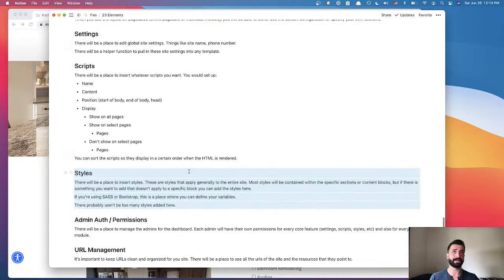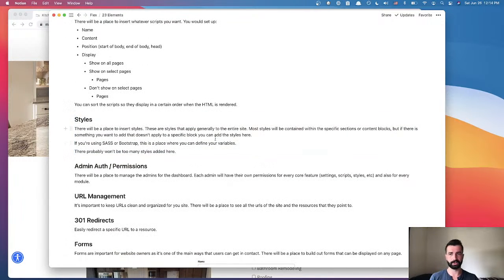But sometimes there may be cases where you want to add general styles. For example, if you're using Sass, you're going to want a place to define your variables. Or maybe you need some layout specific styles. So we'll have a place to add general styles, and these will be compiled along with all your other styles for the front end.